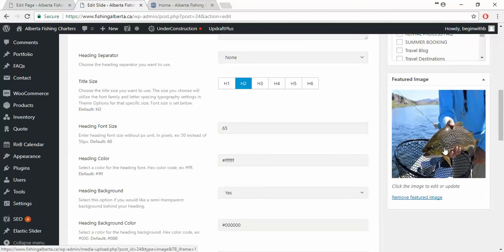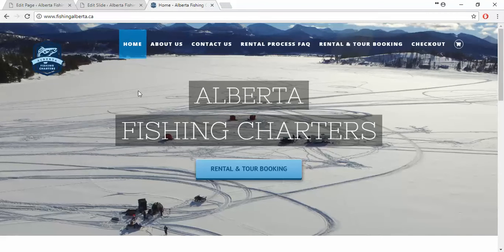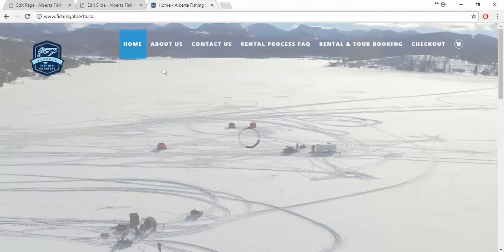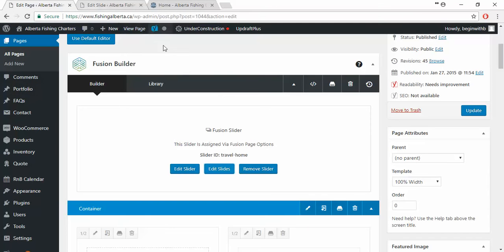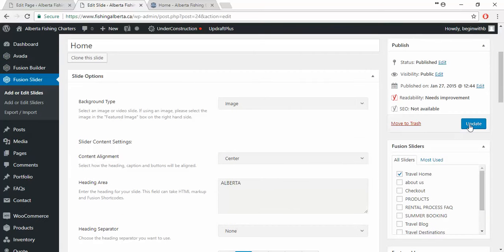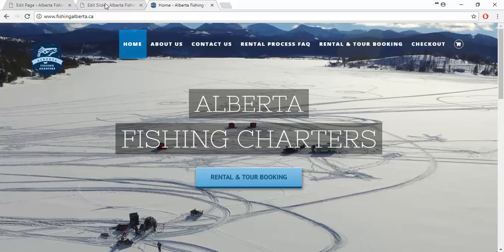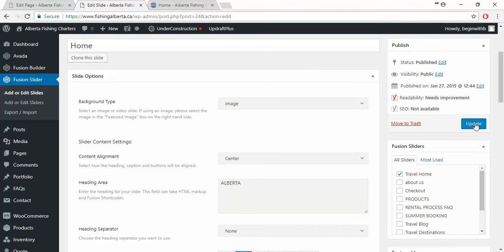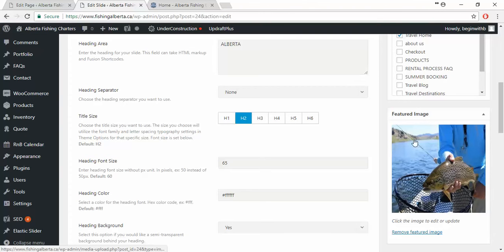But loading the image here will not change it on the front page. As you can see, even if you refresh the page, the front page image is still the same. Why? Because although you have loaded the image, you have not updated the page yet. And in this case, we're not going to do it because we are not changing any images on the live site for the time being, because we do not want to disturb the functionality. But once you click on update, this will be your main image on the home page, and that's how you do it